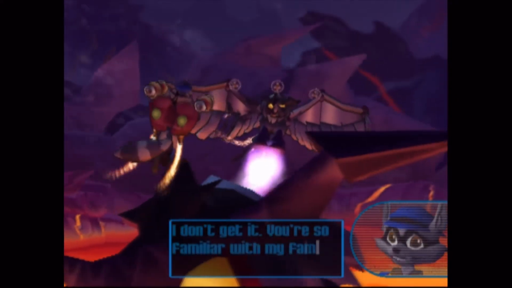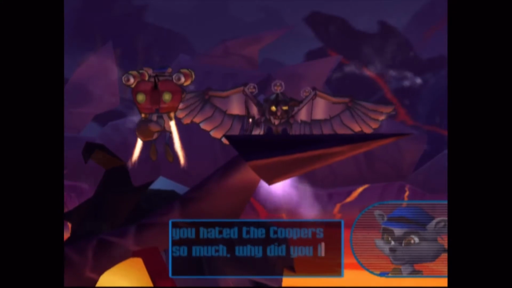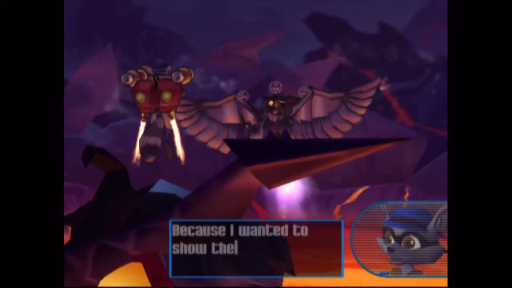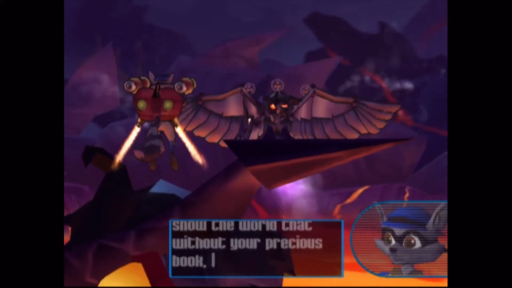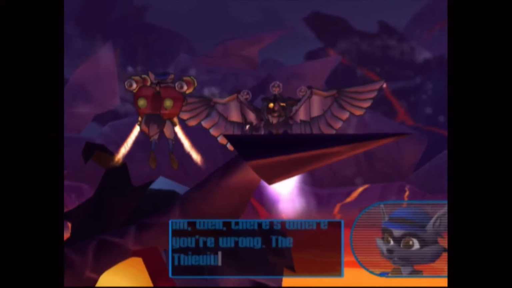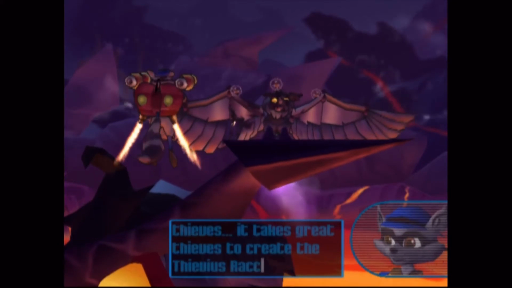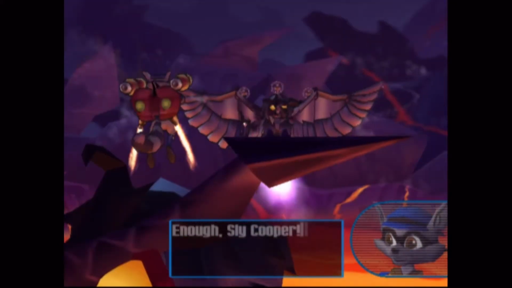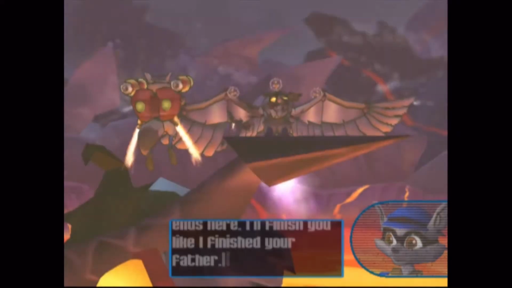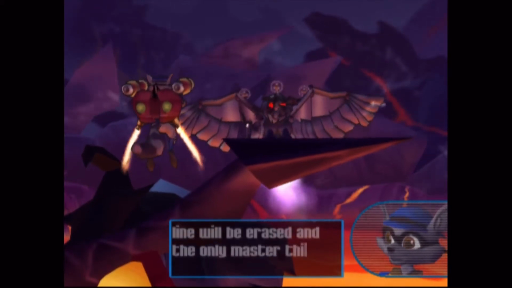You're so familiar with my family. You must have known my father had a son. If you hated the Coopers so much, why did you let me live when you stole the Thievius Raccoonus? Because I wanted to show the world that without your precious book, the Cooper line is nothing. Well, there's where you're wrong. The Thievius Raccoonus doesn't create great deeds. It takes great deeds to create the Thievius Raccoonus. Enough, Sly Cooper. It ends here. I'll finish you like I finished your father. And the Cooper line will be erased, and the only Master Thief will be